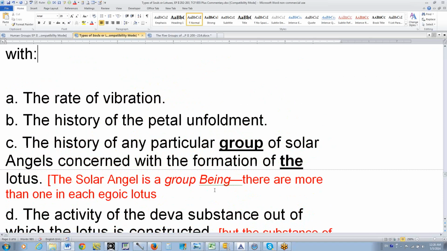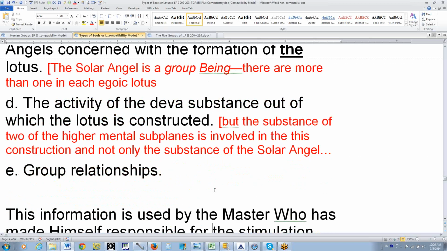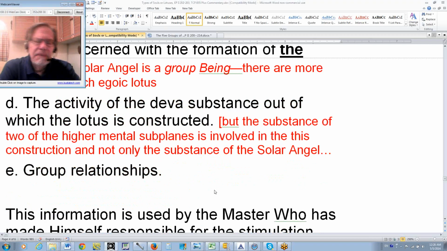Also, the record of group relationships. What are the different egoic groups that this particular egoic lotus has been associated with? There are different types of associations on the different planes, and if you look on page 39 of Letters on Occult Meditation, you'll see the different possible group relations, especially on the higher mental plane when the ego still exists. The egoic lotus still exists and has not been destroyed. There are some associations on the Buddhic plane, but